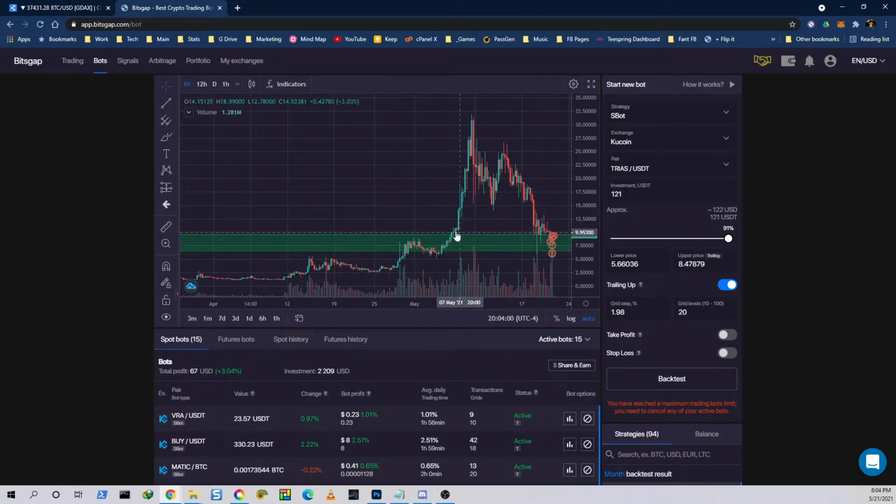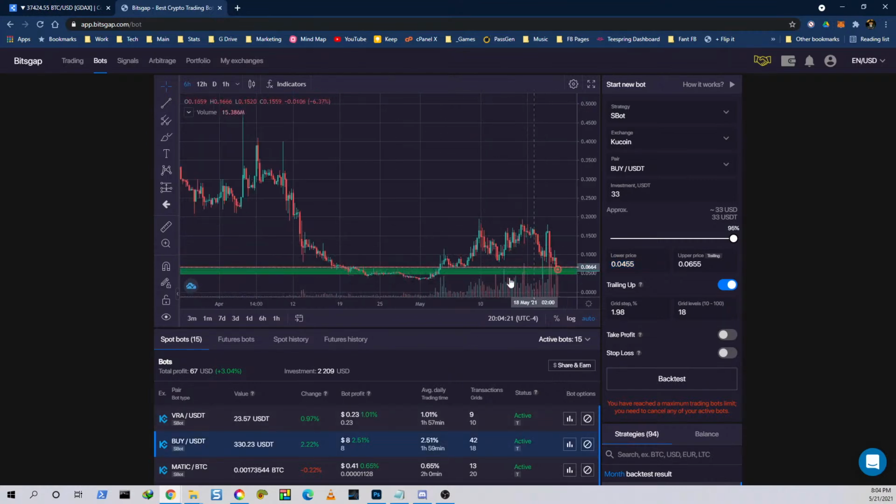Same exact idea. So that's why when I'm working with the bots, I'm just looking to see what's going on with where it is in its cycle. Like right now, I love this. It's already ran up. It's already crashed down. It's close to a bottom. That's why my bots are on.